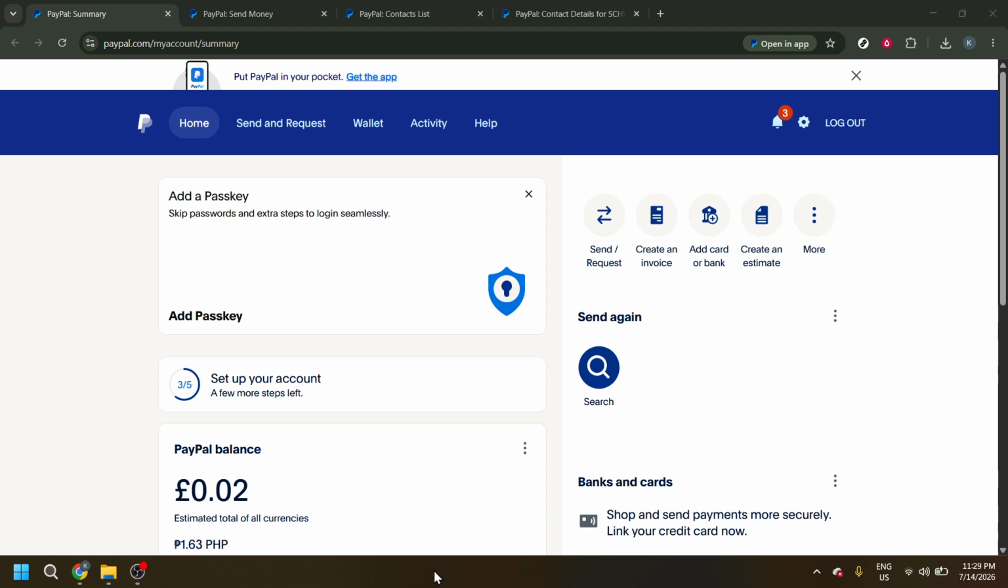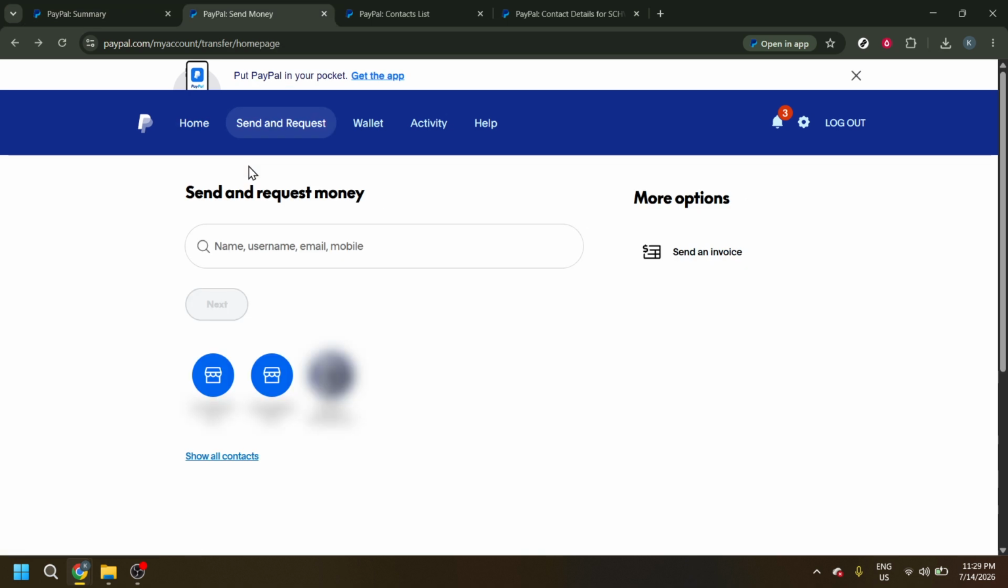To begin, make sure you're already signed in to your PayPal account and you're on the main account area. From there, look for the Send and Request section. Go ahead and click on Send and Request. This is the area where PayPal lets you manage money transfers and access the people you've interacted with or saved as contacts. If you don't immediately see everything you need, just give the page a moment to fully load before